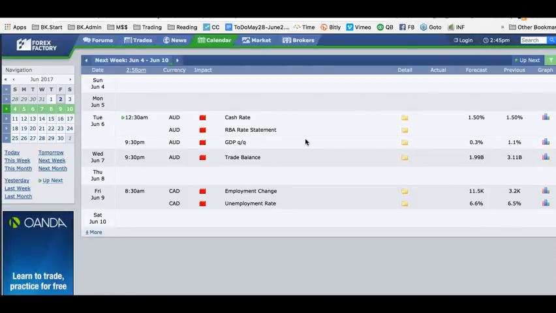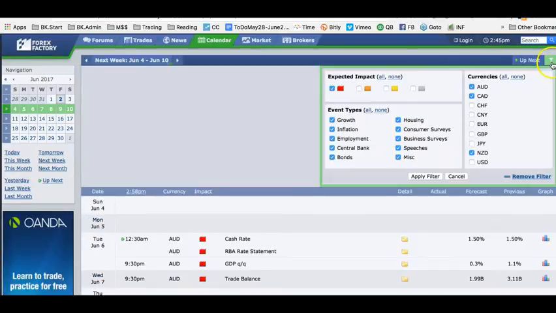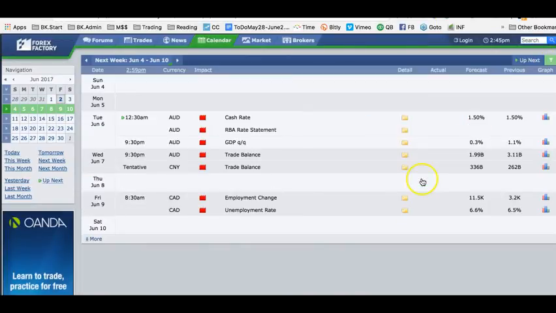Then the trade balance, and actually, I should add a very important point. We have the Chinese trade balance as well, which could be very, very important on the Australian side. Also, same day Wednesday. So Tuesday, Wednesday going to be very Aussie-centric days. And then end of the week, we have the Canadian employment data, which is 1 week later than the U.S. data. That'll be an interesting look to see how much of an impact that has. Market is looking for a better number than the number prior. So we'll see if that has a positive upside for the CAD.